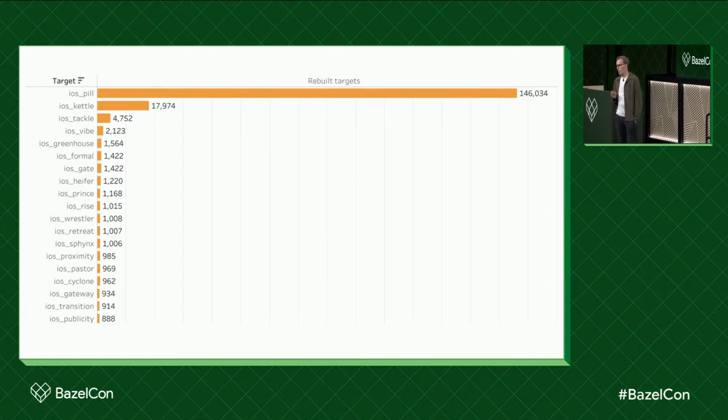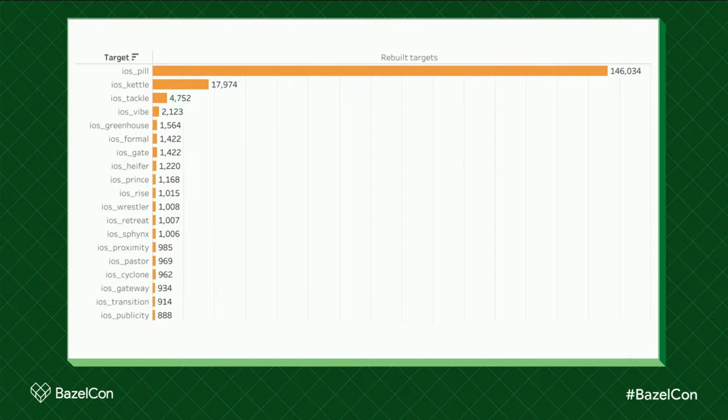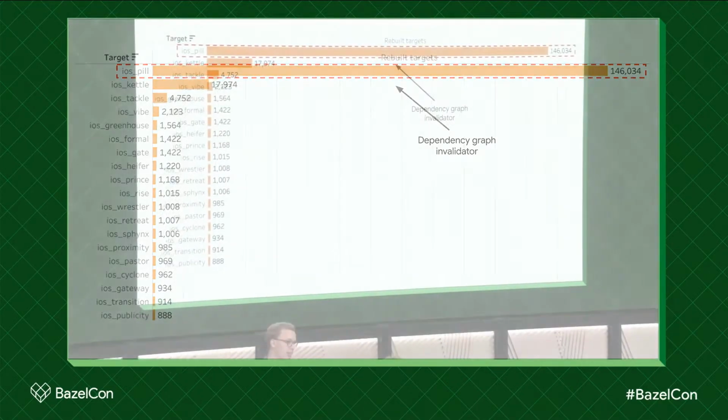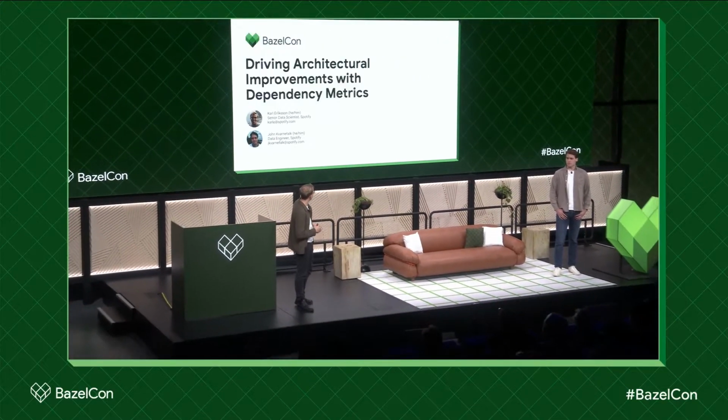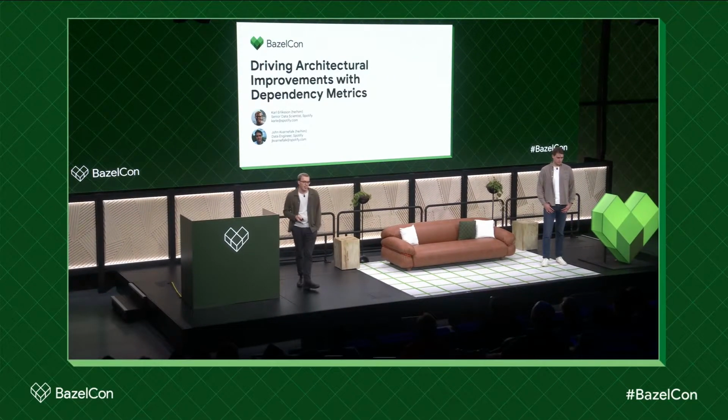And this is a fake name for one of our targets, but to give you some more context, it is a common UI design system module that basically has grown to contain a whole lot of our reusable UI building blocks that we use throughout our applications. Because of its nested position in the graph, the vast size and the frequent code changes to it, it causes cache invalidations that not only slow down the people directly interacting with it, but also everyone else who is transitively depending on it. And with this short introduction, I want to welcome you to our talk today about driving architectural improvements with dependency metrics.